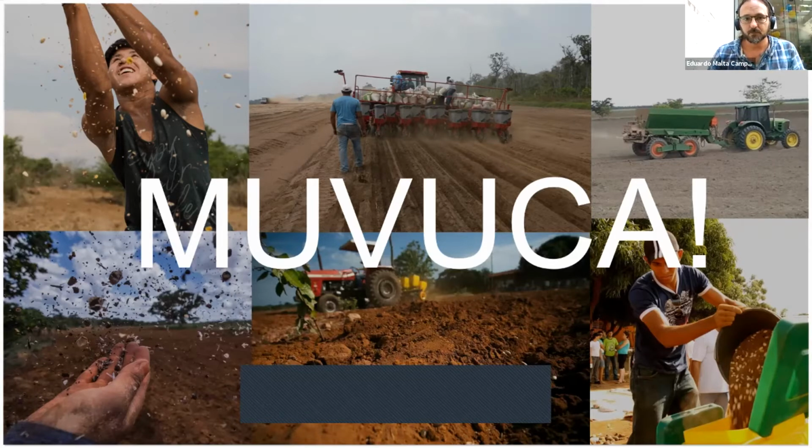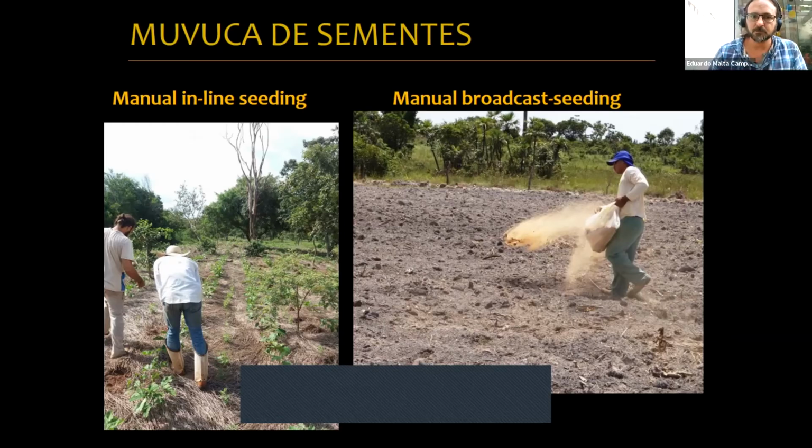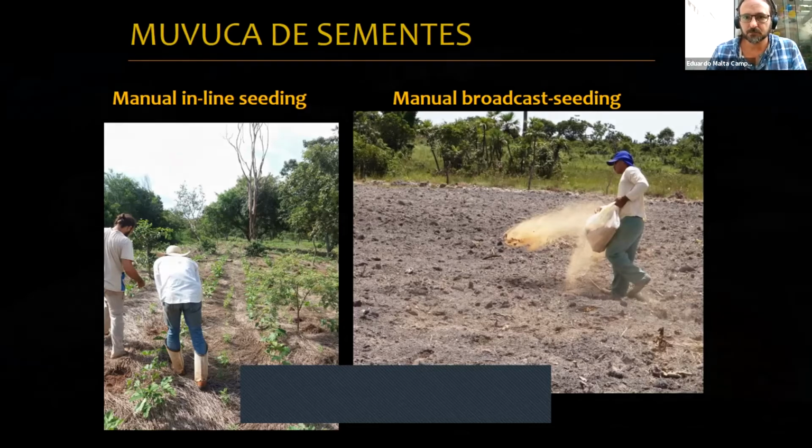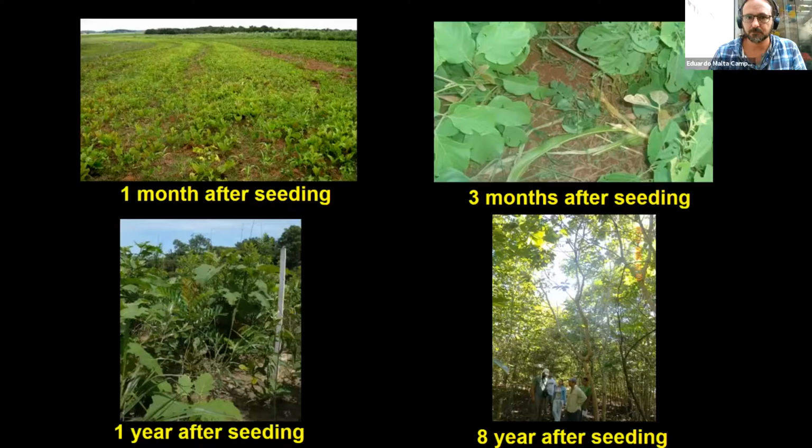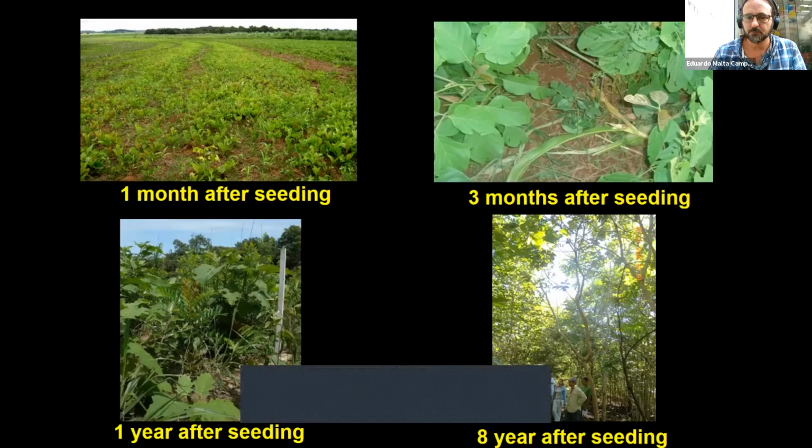We can use planters from agriculture, or we can use limestone broadcast machines, or we can plant by hand in holes, or broadcasting in agroforestry, many different systems. Here are some images of how we can do it. This is the mix of seeds that we calculate for each ecosystem regarding all important ecological groups, from herbs to trees. And then how it grows in a very high density, with some herbs and shrubs making the initial coverage and trees growing below it and then taking over.